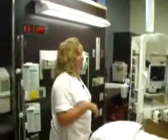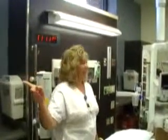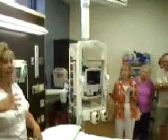Good morning, everyone. Thank you for coming. So this is one of our 2 trauma rooms that we have here in the emergency department. The other one is right next door. They are identical with the exception of this one has a pediatric crash cart in it and the one next door has an adult crash cart in it. That is not meant that they are exclusive, however we interchange them and use them however we need to at